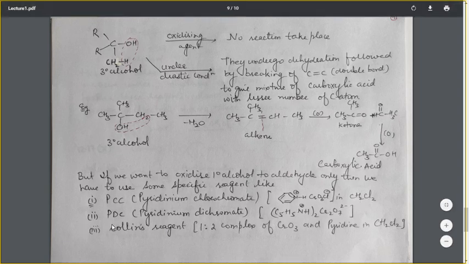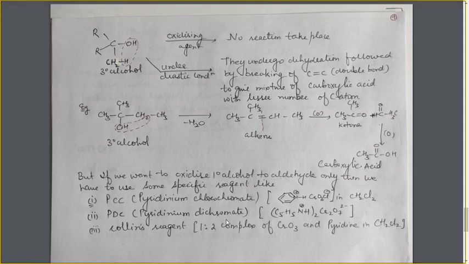The second reagent is PDC, pyridinium dichromate. The pyridinium group is the same group. This is the dichromate ion. As per the 2 negative charge, there must be 2 pyridinium groups to balance the charge. So it is pyridinium dichromate. Have you understood the pyridinium group? The pyridinium group is made from pyridine after its protonation.